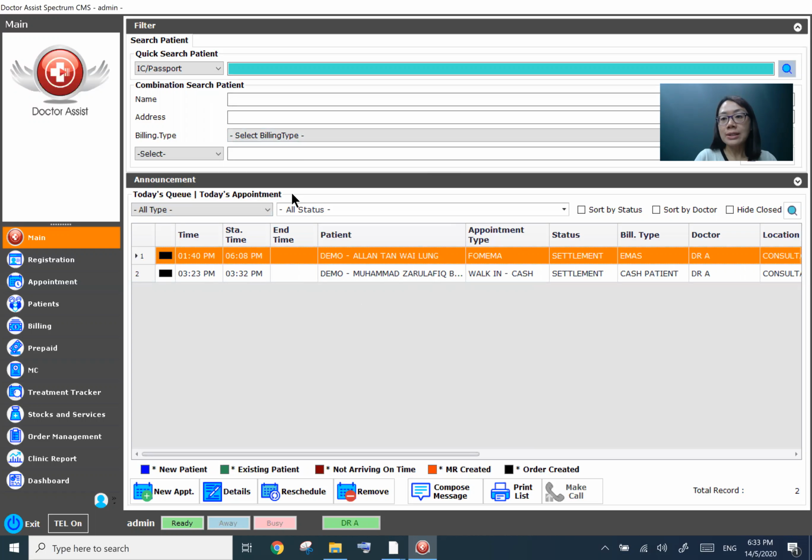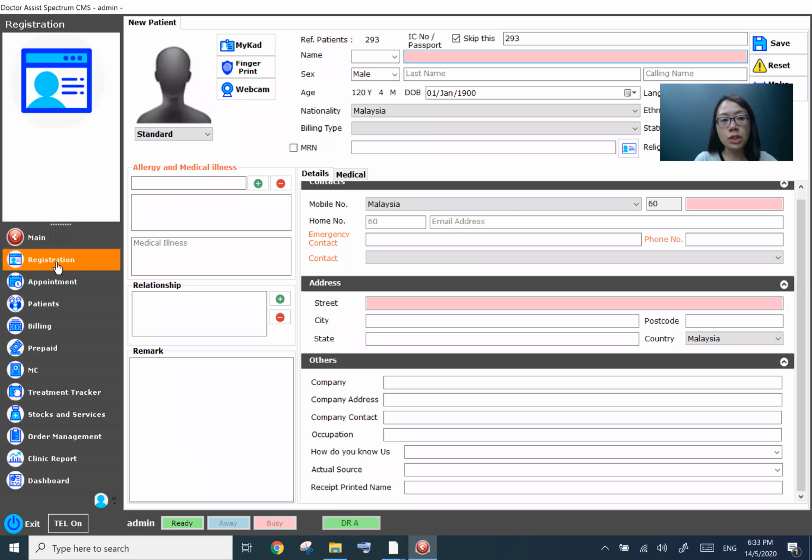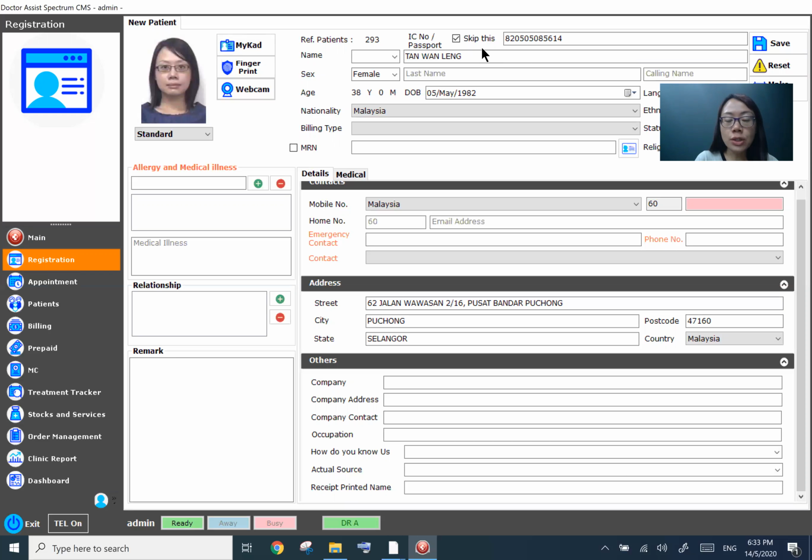So let's say now the clinic has a new walk-in patient. I would like to register the patient. Click on registration, put in the IC at the MyCard reader and click on MyKad. Within a very short period of time, 5 seconds, the patient information will be transferred from the IC to the system with the photo, name of the patient, IC number, date of birth, extra information, and also the address of the patient. What you might need to key in is a phone number. So you can put in the phone number,